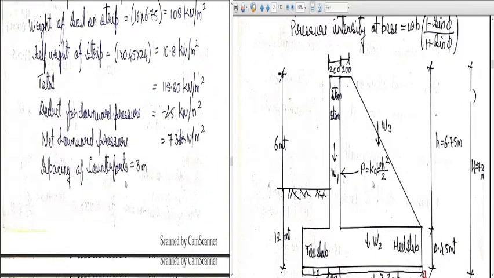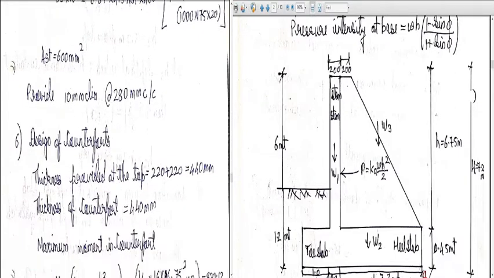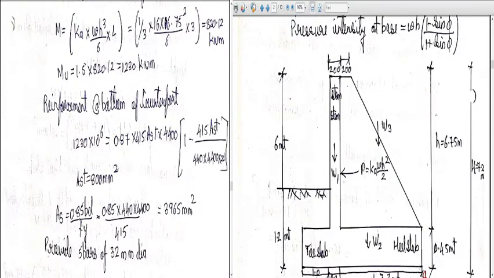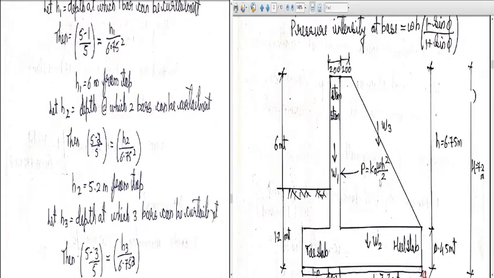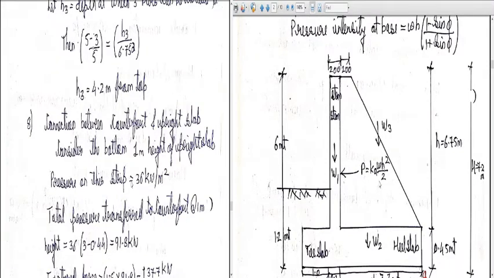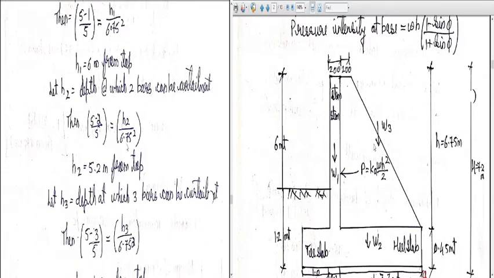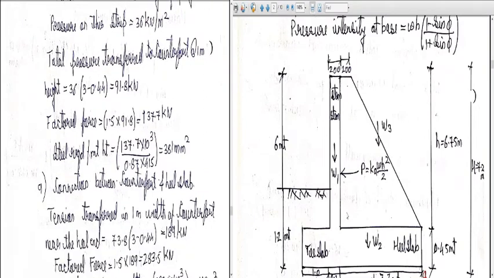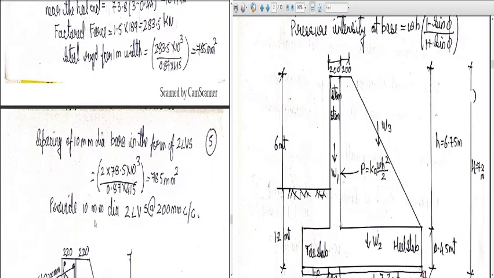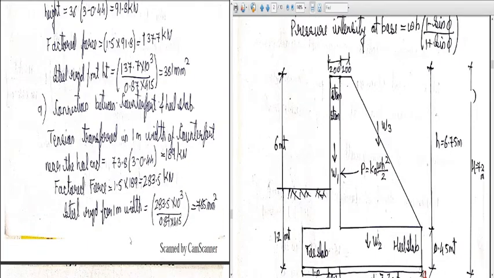Similarly, we did the design of the heel slab, and the heel slab had reinforcement of 10 mm diameter at 280 mm center to center. Similarly, the counterfort has 5 bars of 32 mm diameter, and the curtailment bars were curtailed at 3 depths H1, H2 and H3, where H1 is the first bar curtailment and then 2 bars and 3 bars from the top. Then the reinforcement provided is 10 mm diameter, 2 legged vertical stirrups at 200 mm center to center for the connection between the counterforts and the heel.